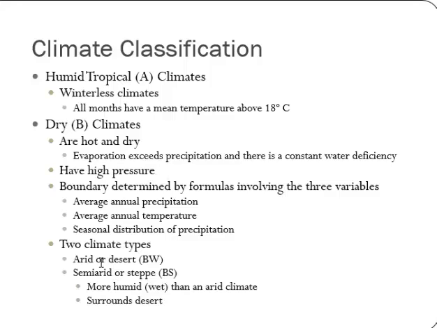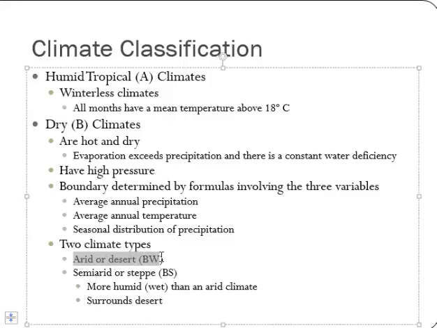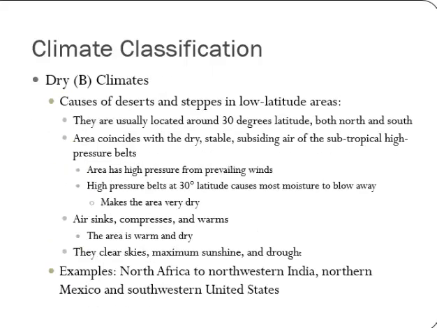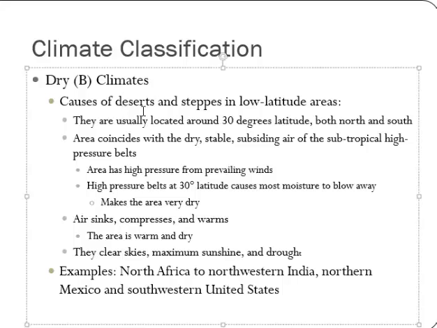Also, within dry climates, you could have arid or desert, which is like the Sahara Desert or the Arizona Desert, whatever it is. And you could also, even within dry climates, have semi-arid, which means partially dry, or steppe climates. Steppe means grassland climates, areas that kind of surround deserts, or maybe deserts that are not quite sandy deserts, but deserts that have a lot of vegetation, like a lot of the Arizona Desert as well. You also have, under dry climates,